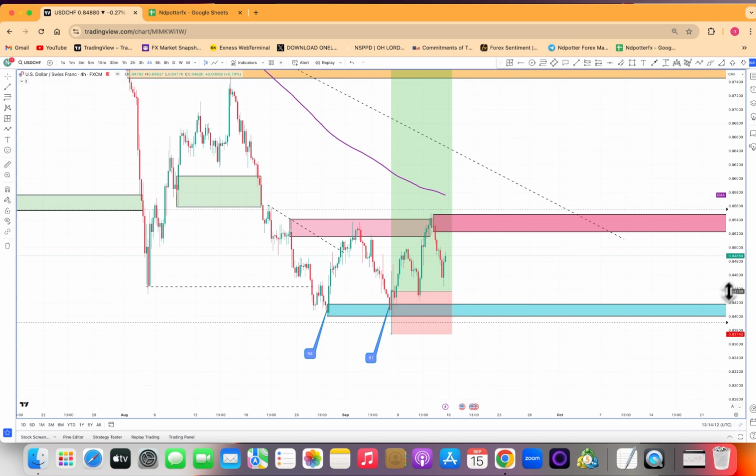You can see my entry was somewhere around here, and when this pullback happened, I was holding it took out this minor supply area here. Then the market created another new supply area here, market dropped. So when I saw this happen here, even on the Telegram group, I told everyone I closed my trade. And I think after I closed my trade, a couple of people left the group and all that. I just laughed. So why I closed off this trade is because,